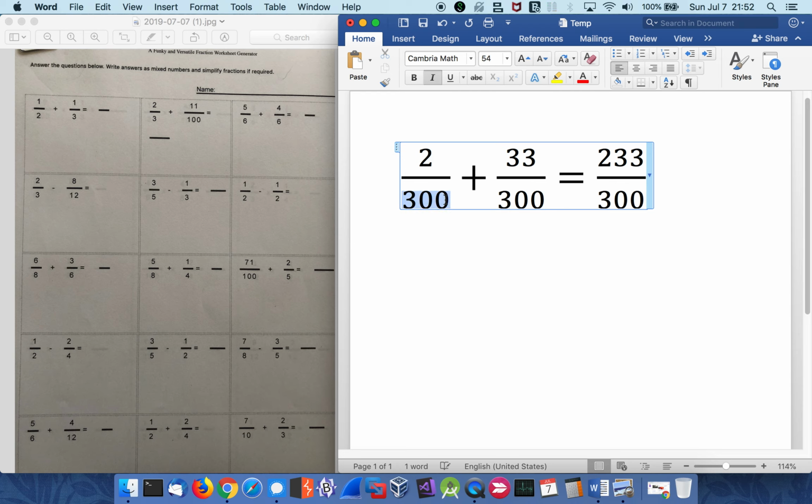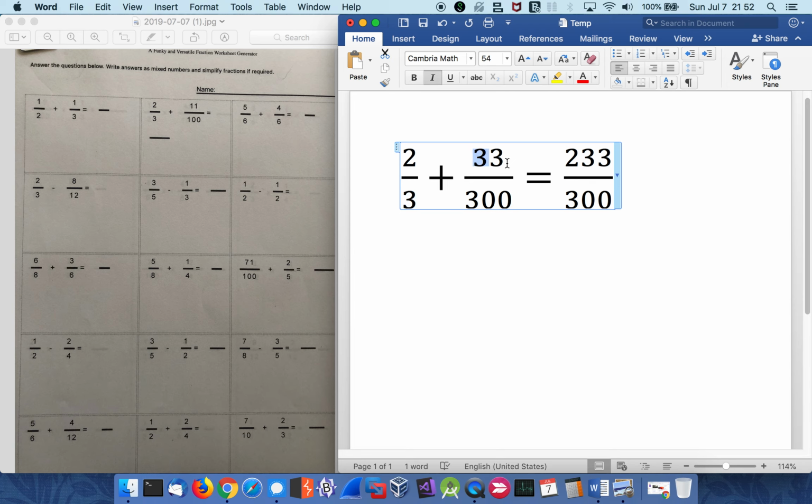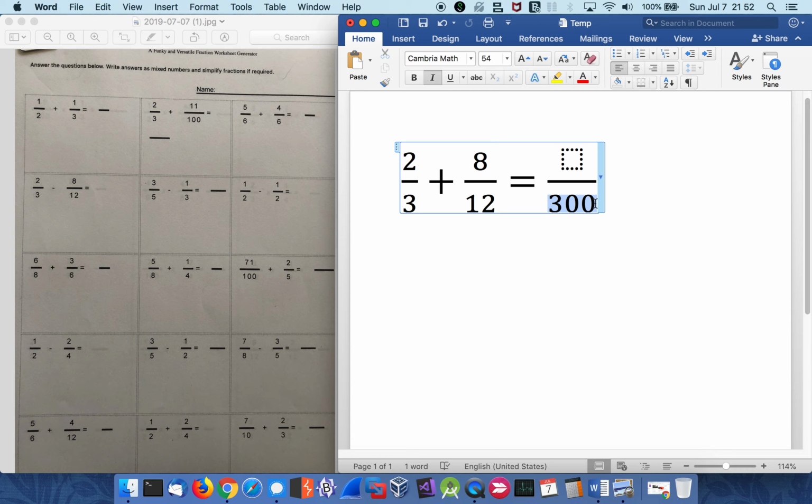Let's do 2/3 minus 8/12. The reason I want to do this one is because you know how I mentioned that you could just multiply these two denominators? Well, don't always try that right away, because in this case you can see that if I just multiply this 3 by 4, then I get 12. So I don't have to multiply them together to get 36 and use 36 as the common denominator. So instead I'm just going to multiply this one fraction right over here